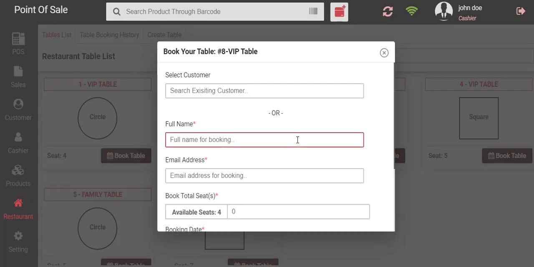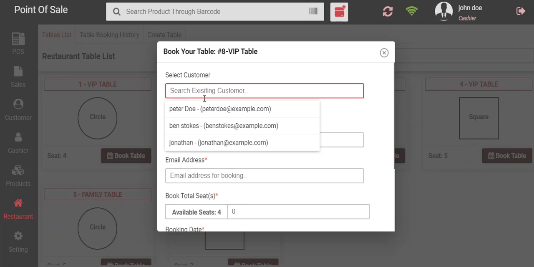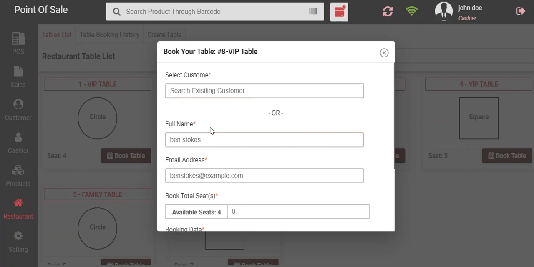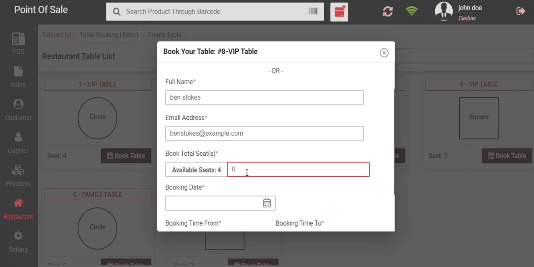After clicking on the book table button, a pop-up will generate where the POS agent needs to fill in all the details regarding the customer. From here the POS agent can also select an existing customer, suppose this is a customer that has been selected before.